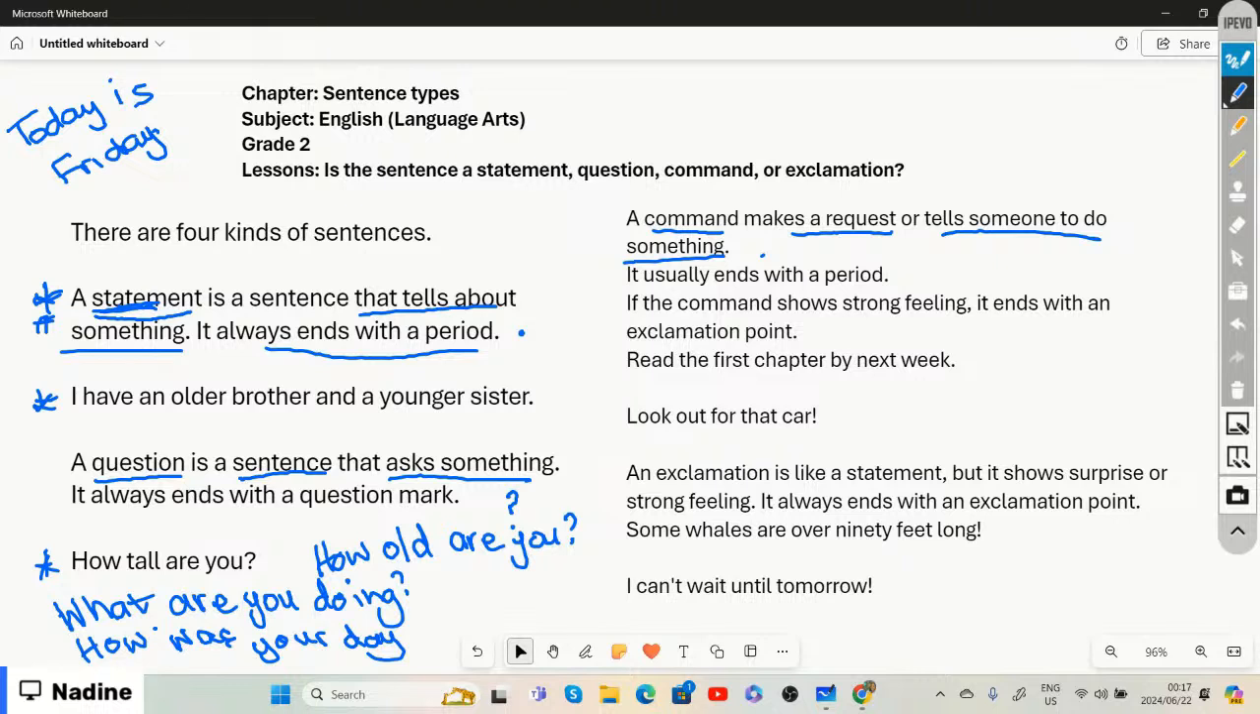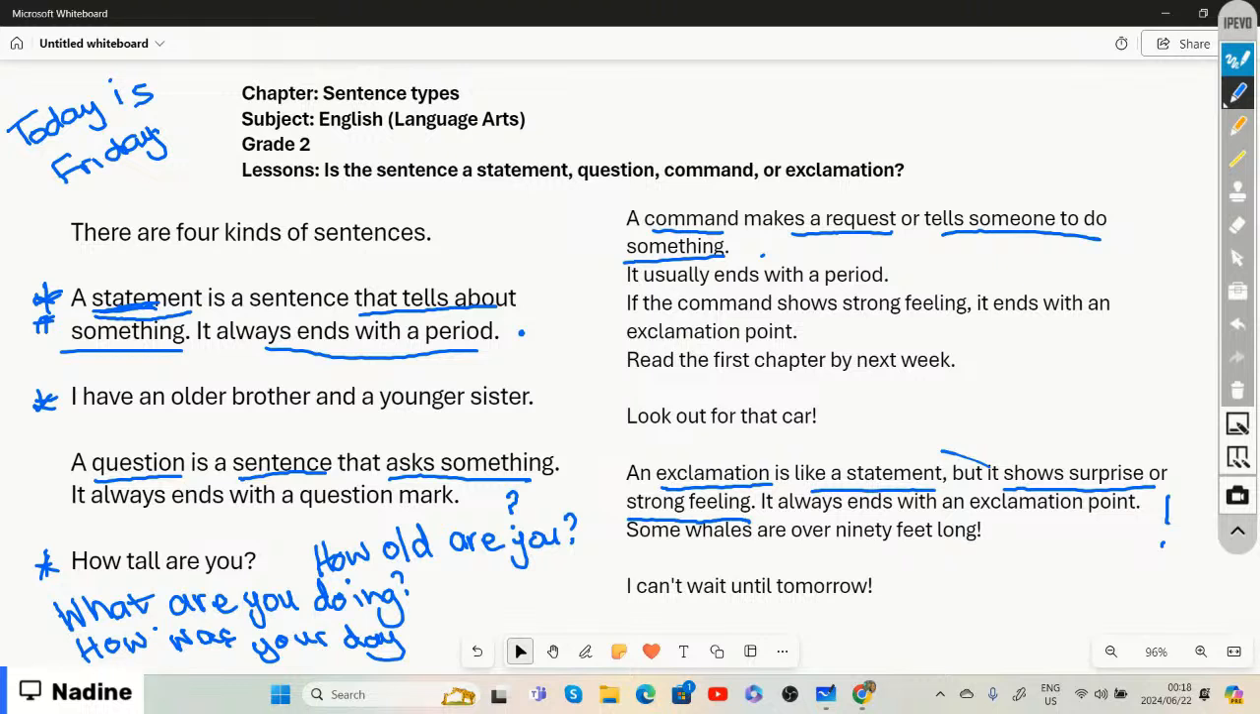And then we have an exclamation sentence, right? And an exclamation is like a statement. And remember, we said a statement tells us something. So an exclamation is a sentence that tells you something. But when it comes to an exclamation, right, it shows either surprise or strong feeling, right? And an exclamation always ends with an exclamation point. And that is how we write an exclamation point,